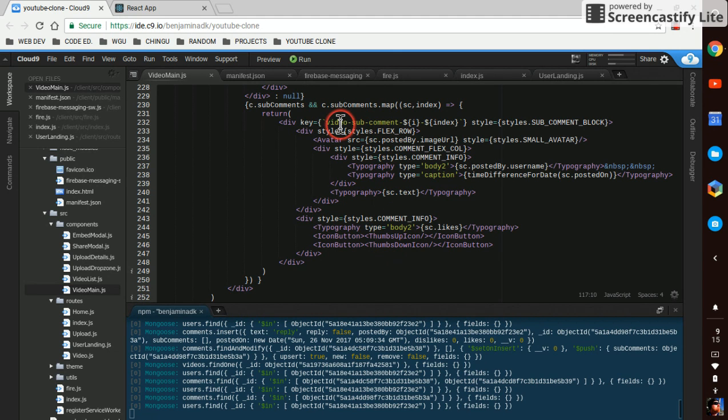And I just said a good way to put a key is video subcomment, the index of the initial comment followed by the index of the subcomment. So if it's comment 2, subcomment 3, it'll be video subcomment 2-3. Pretty simple. And we're using a lot of the same styles,